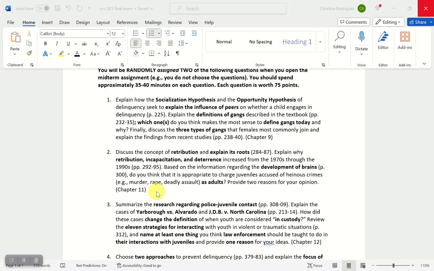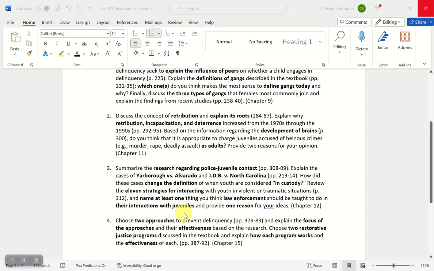You all know by the end of this semester now that there are many states that still do allow juveniles to be charged as adults. It just depends on the age of the juvenile as well as the crime the juvenile is accused of. Some people believe that it is appropriate given certain circumstances. Others believe that it is never appropriate. Which camp do you fall in? And provide 2 reasons for your opinion.